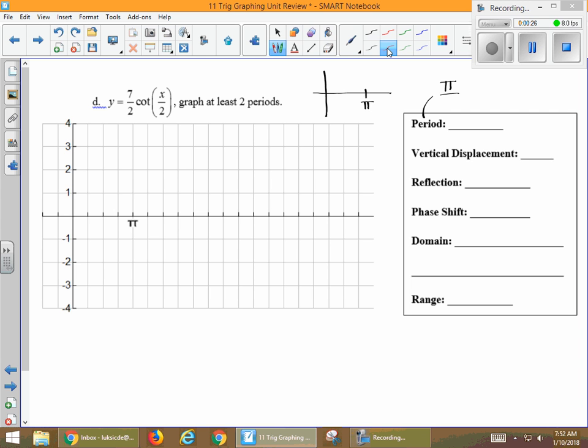Or rather, where tangent has x-intercepts. So tangent has x-intercepts on the y-axis and at pi. So I think that's helpful. If you even need to graph tangent off to the side, kind of, asymptote, asymptote, graph. Or, sorry, that's the reflection, graph, graph. And that's 0, 0, and that's pi, 0. So I think that's kind of helpful to look back at tangent so that you can see where,